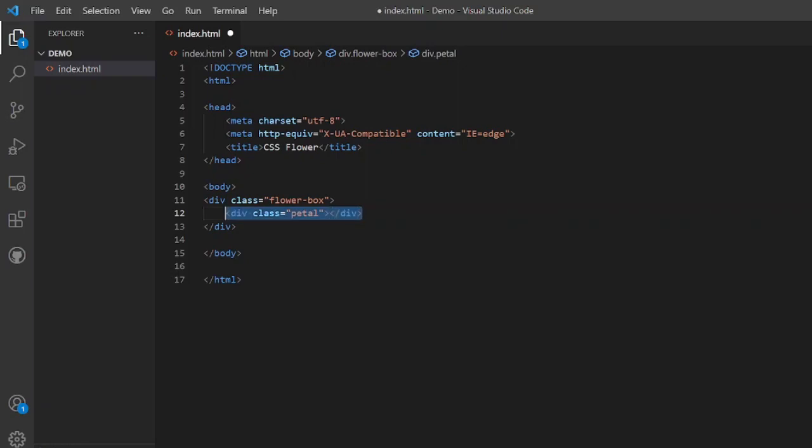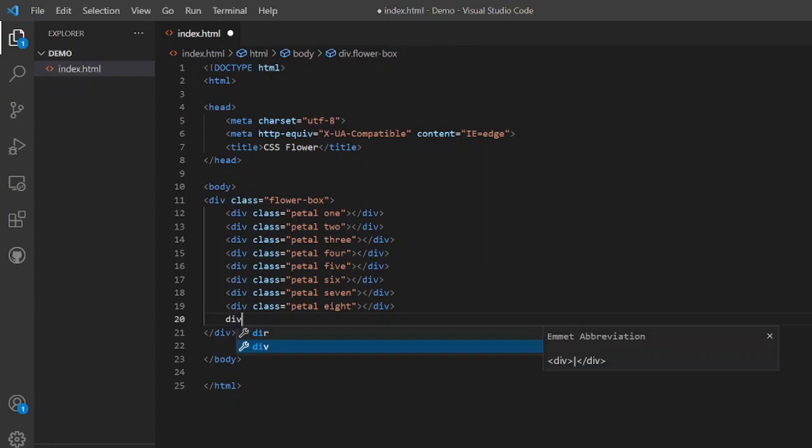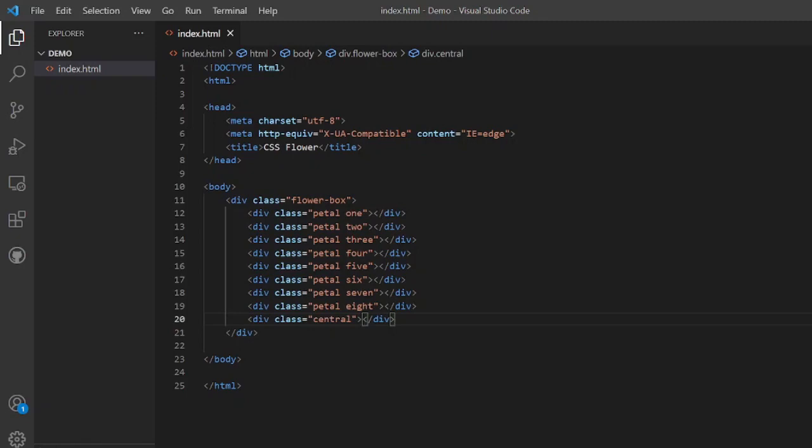We will copy this, and each petal would be controlled differently, so we'll need to add more classes to it. So here before us we have the HTML.